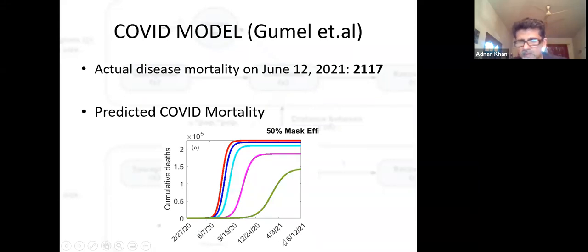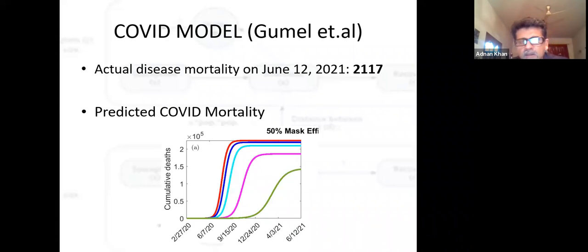So this is 9, this is actually 1 year. More than 1 year. And their best case scenario, that if the masks were 50% effective, which by the time they wrote this paper, which came out around June, I think, in 2020, their best case scenario predicted that around 120,000 people would be dead in Nigeria. The number of deaths in Nigeria after 1 year was